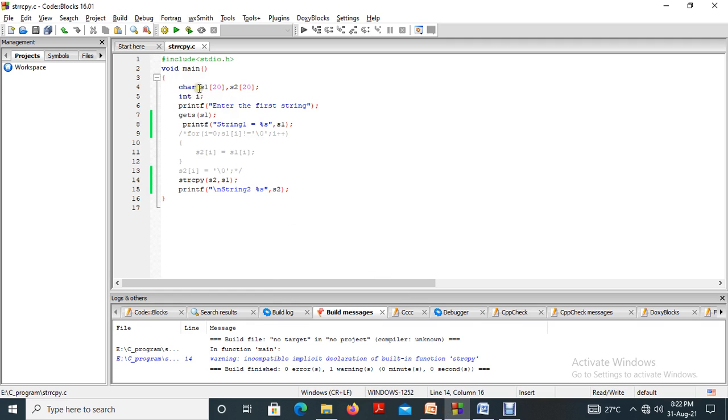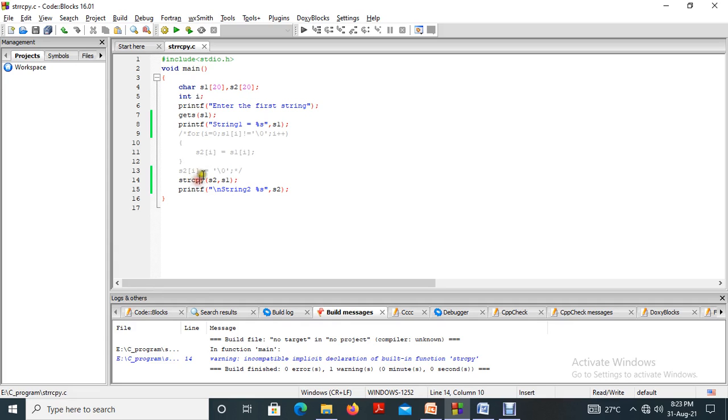Okay, this is a program. For that we have two strings, string 1 and string 2, s1 and s2. Okay, I am collecting the value from the user with the help of gets function that we already discussed. Gets is an inbuilt function to collect the value from the user, so that will be stored in s1, and we are printing the collected value, string 1, and after that we are copying the content in string 1 to string 2. After that we are printing the value. Okay, very simple program. Nothing more to discuss about this, because the whole thing happens only because of this string function strcpy.